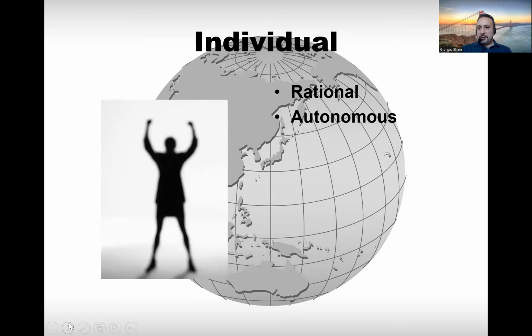On the basis of the rationality of the individual, meaning that the individual was able to exercise reason, which is a key concept promoted by the European Enlightenment in the 18th century. It was seen as the age of reason. Liberals believe that the individual is autonomous, meaning that the individual is able to exercise agency. The individual can act on his or her own behalf.